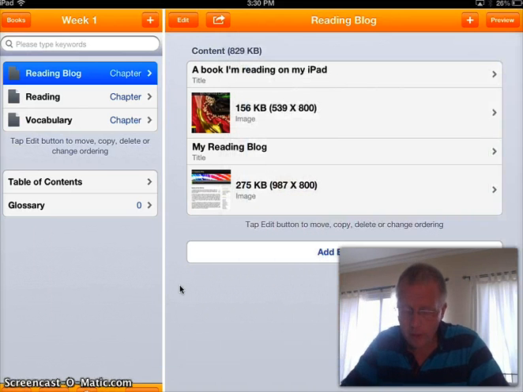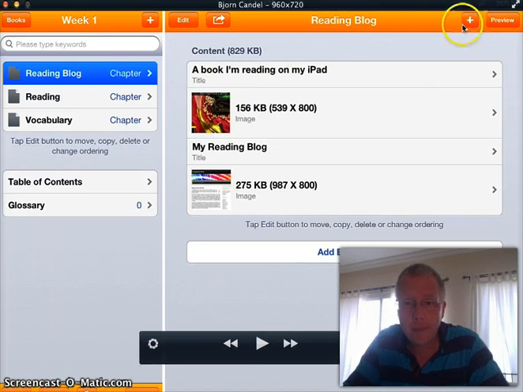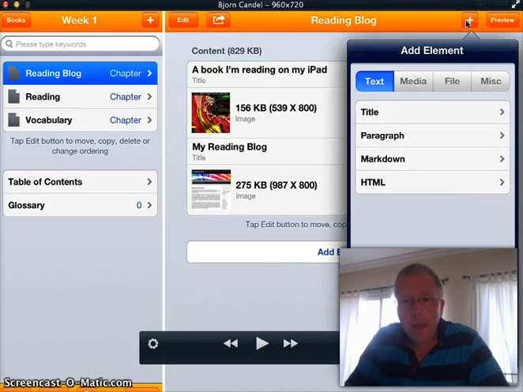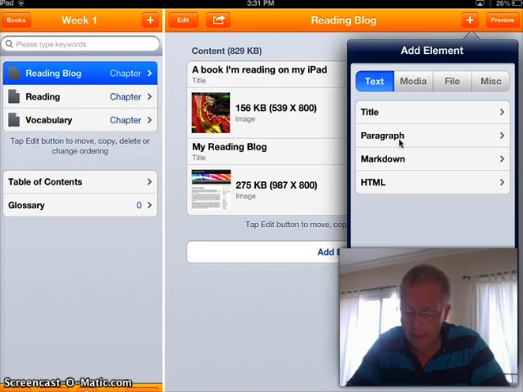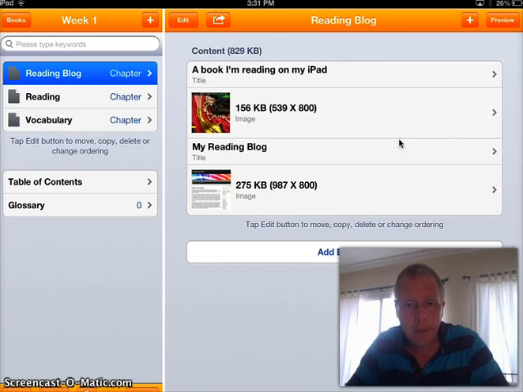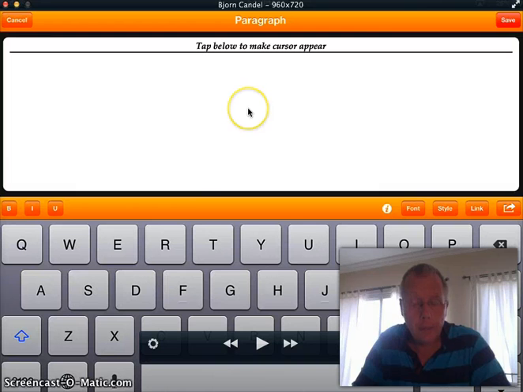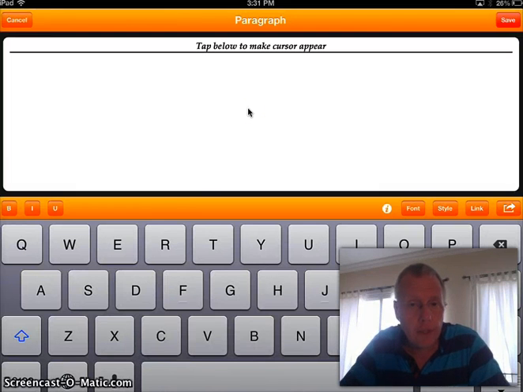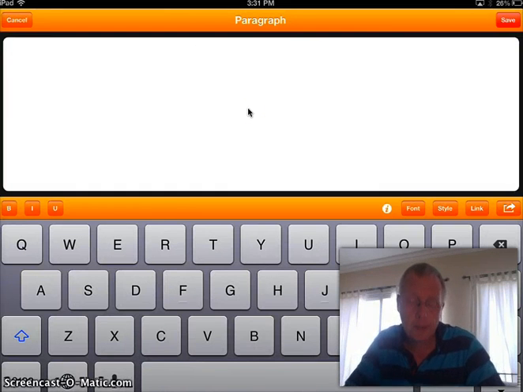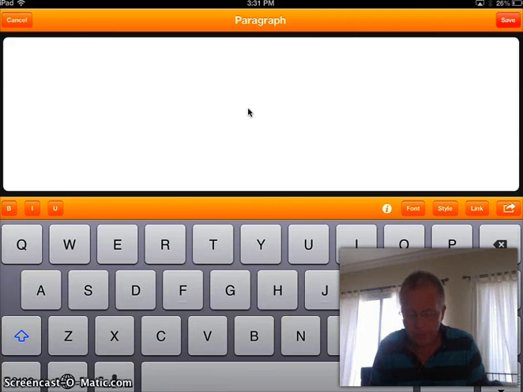So what I need to do now is I need to add some text. So if I click on the plus sign up there, as you can see, we used title before, but now we're going to use paragraph because we're going to add some more information. So I click on paragraph, and when I click with my finger inside this box, I can start typing. So the book is called